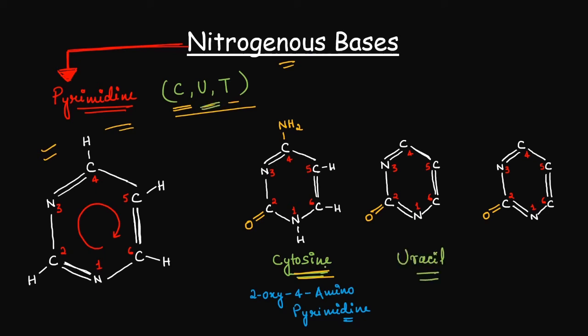Now the next is uracil. It is even easier than cytosine. So in case of uracil, apart from an oxy group on the second carbon, the 4th carbon also has an oxy group. And the uracil structure is ready. So here 2 oxy groups are present on the second and on the 4th carbon. This carbon has 5 bonds.